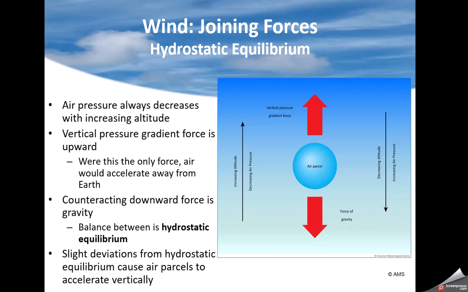And there's a balance. In that balance, we're just saying that hydrostatic equilibrium means gravity and air pressure are balanced. The pressure gradient force and gravity have reached a balance. So if that air parcel is standing perfectly still in the atmosphere, it's balanced. Now, yes, if that air parcel is moving along and hits a mountain range and pops up, it still can be in perfect balance as long as it's not accelerating. It'll just move at a constant rate upwards, or downwards on the other side of the mountain. That is what hydrostatic equilibrium is. It only impacts vertical motion.